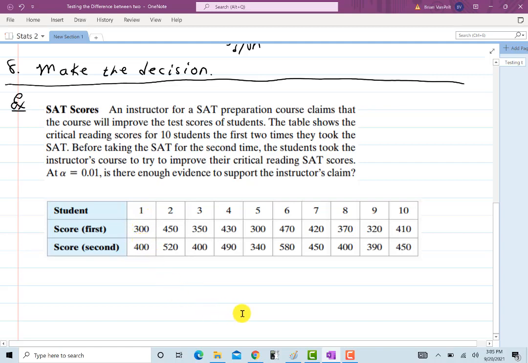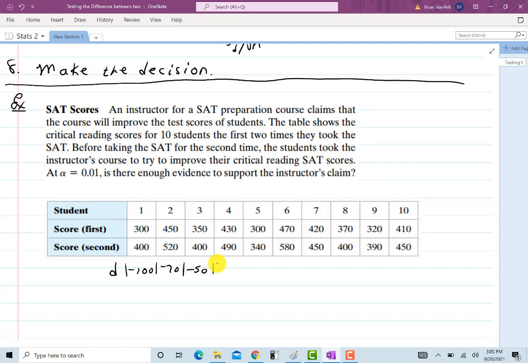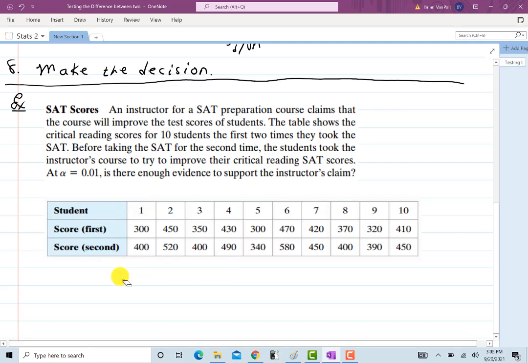So I'm looking for a column or a row that I'm calling D, and that's where I'll take the first minus the second, here. So I'll get negative 100, and then I'll get negative 70, and then I'll get negative 50. Notice that they're all negative because if you take a class to study for the exam, after having taken the exam, you should do better. You could write all these down, but I'm not going to bother with that. Let me show you instead what I'm going to do it with. I'm going to bring up your calculator,